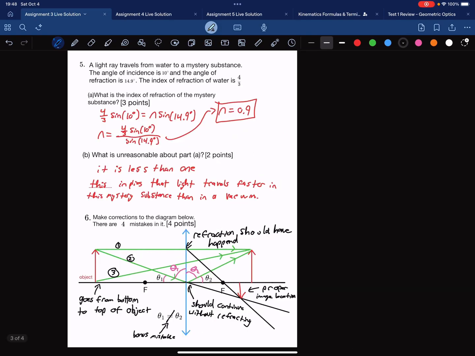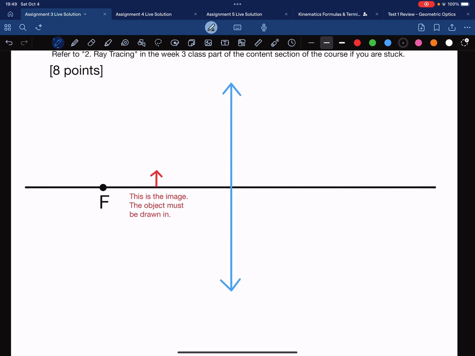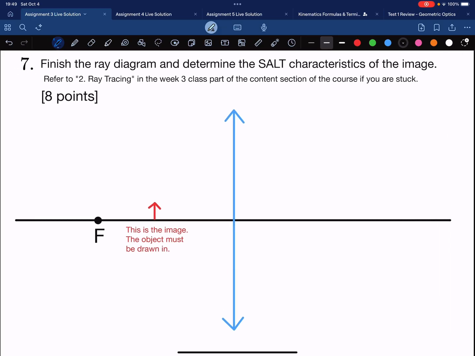Moving on, number 7. Now this one I did not count because I was very unclear about this one in class. It is possible, but the index of refraction must be less than glass. And I don't explicitly say it's glass, but I did imply it was. So this will work for something like an index of refraction of 1.4-ish. So if we